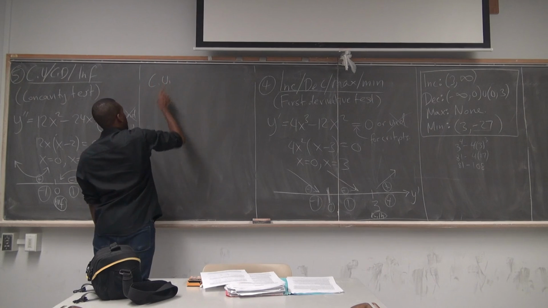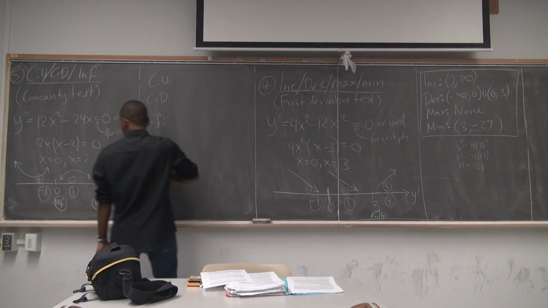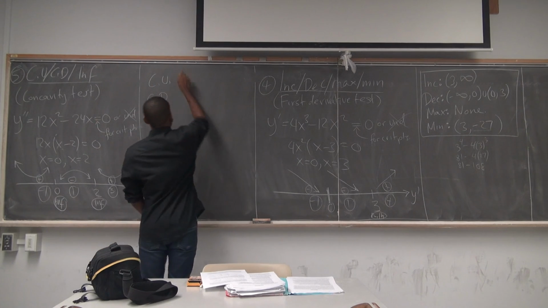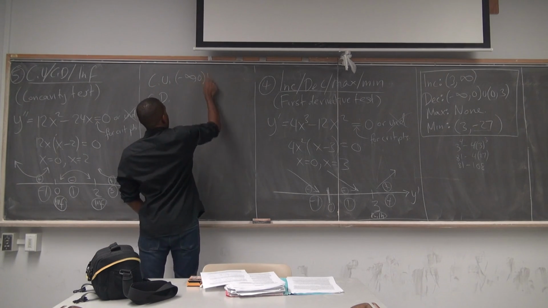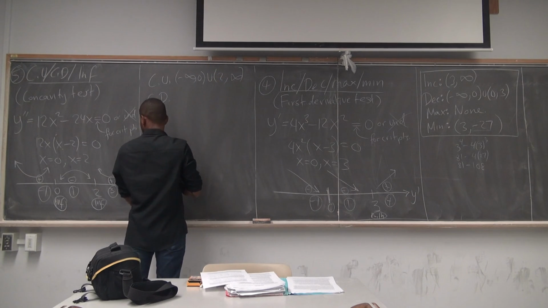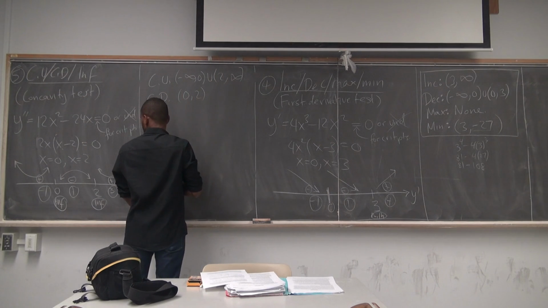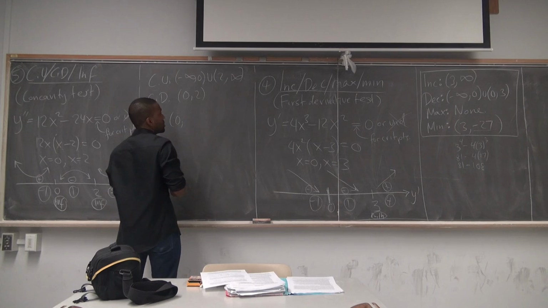Conclusions: concave up, concave down, inflections. Where am I concave up? Negative infinity to 0, union 2 to positive infinity. Concave down: 0 to 2. Inflection points: 0, comma,